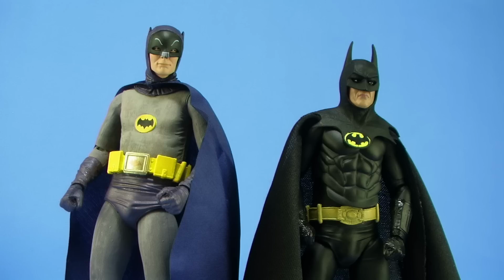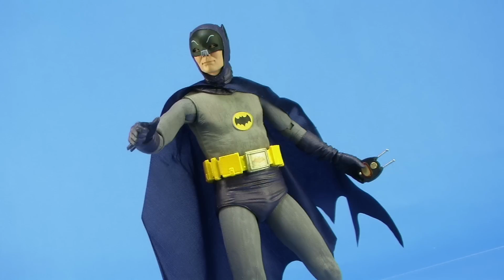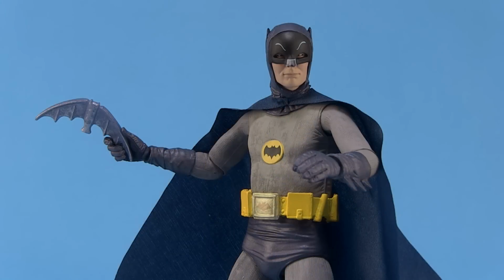I love it. These are hitting Toys R Us stores right now, and were also sold online through the Warner Brothers eBay store, though I think they sold out there pretty quick. So start checking your Toys R Us stores for these, which are hitting